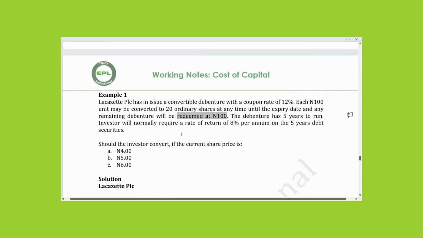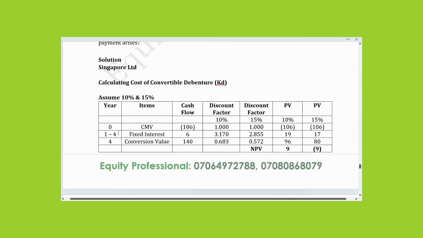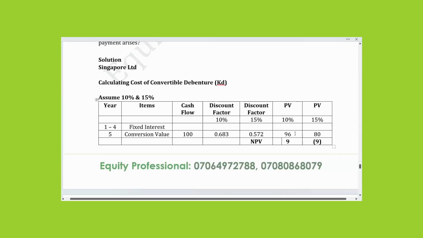Therefore, here will be 5. All right. So here is 100 naira. Then, of course, let me change all of this. They are not useful so that you don't get confused. We don't even need year zero. So anytime you want to determine market value, you don't include year zero. All right, because once you include year zero, that means you are calculating,